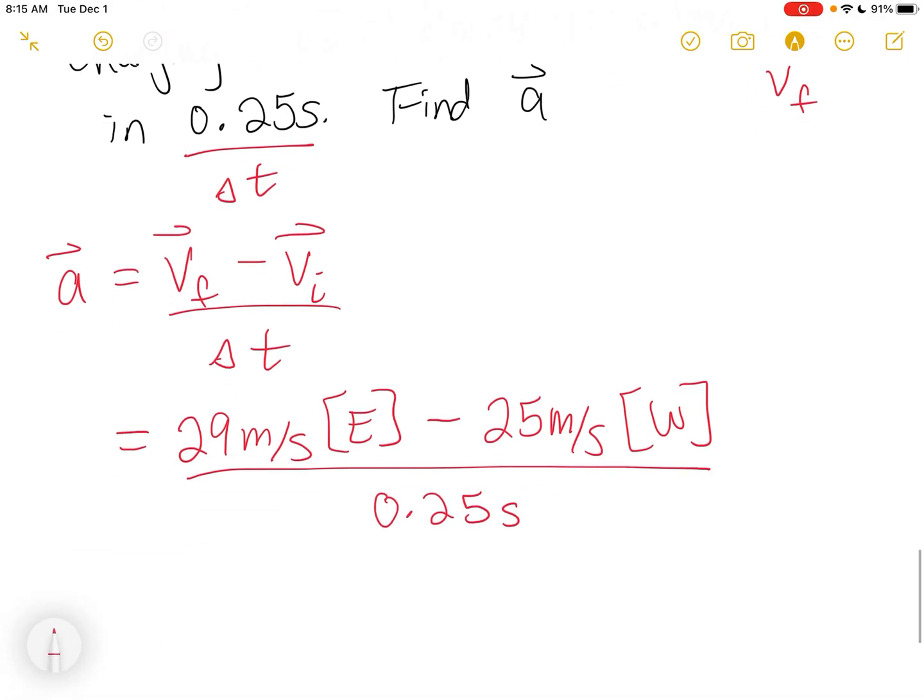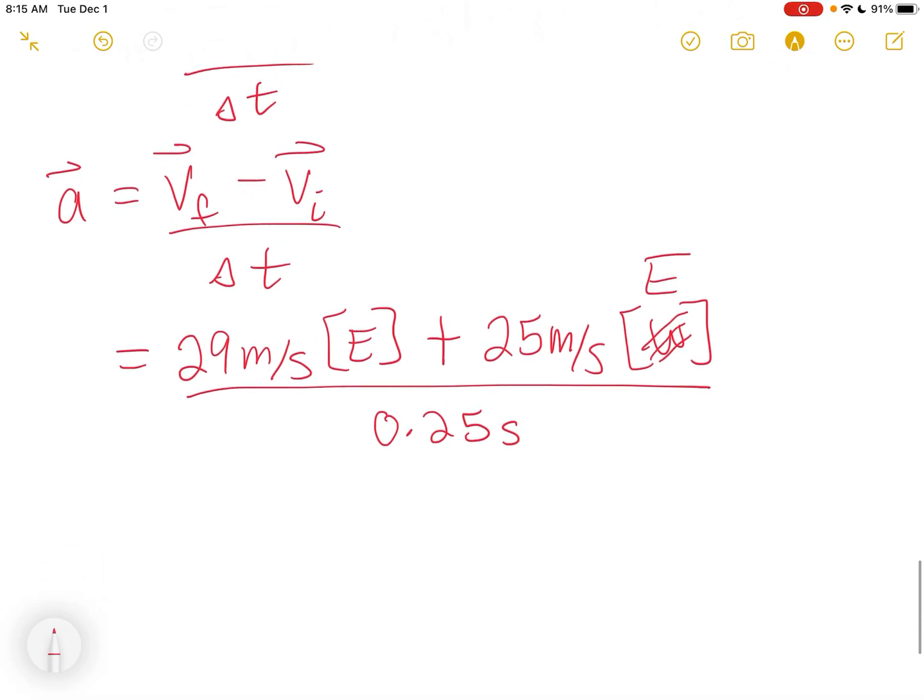Now, we know that we cannot add or subtract vectors that are not in the same direction. So we want to turn our westerly direction into an easterly direction so that we can add the two together. So to make this east, I have to make it positive. Okay, so remember when we change the direction, we change the sign of whatever the vector is that we're changing. So in that case, we're going to end up adding the 29 and the 25